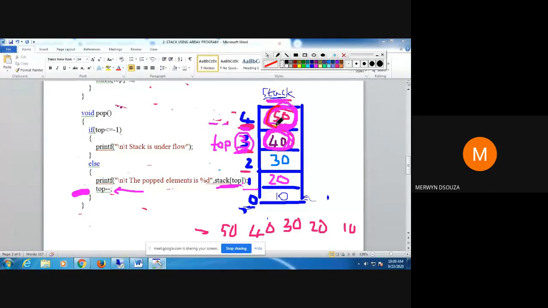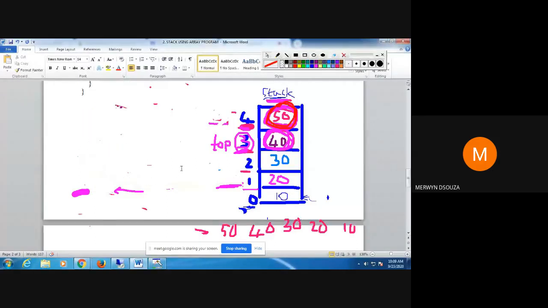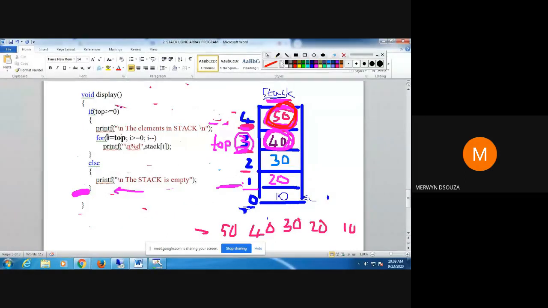But henceforth, when we are displaying, if you remember, I've set the value of I. When we do the display, we set the value of I equal to top. Next time I call the display function, I'll be displaying only the values from 10 to 40 or 40 to 10, because 50 has been deleted.